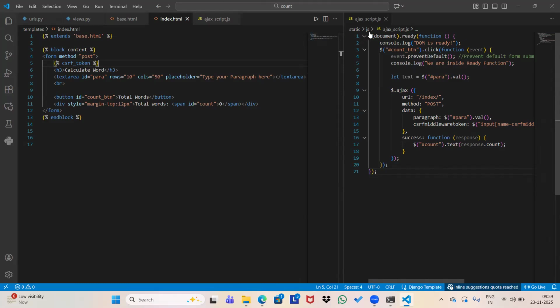And this is the first line that you have to mention: dollar within parenthesis document dot ready, and this will take an anonymous function, and then curly braces. Within these curly braces you will write all the things that you want to add here, but you have to mention it. And ready means you are ready to work on jQuery. Okay. After that,